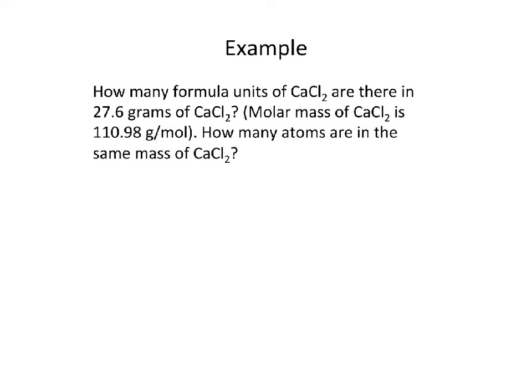Okay, so let's look at what we're given first of all. We're given 27.6 grams of calcium chloride. It's always important to write the formula as well so you don't get confused, because sometimes you'll be switching back and forth between one compound and another. Okay, now if you remember from dimensional analysis, we need to set up our roadmap. We're currently in the unit of grams, and we want to get to formula units. I'm just going to put